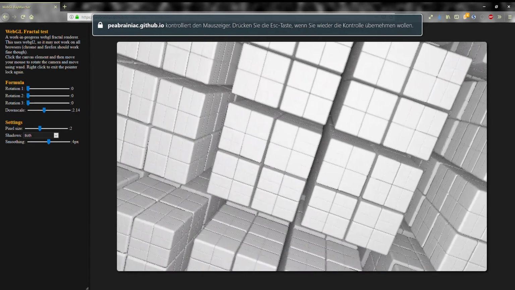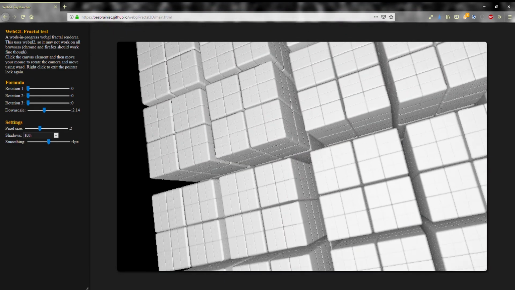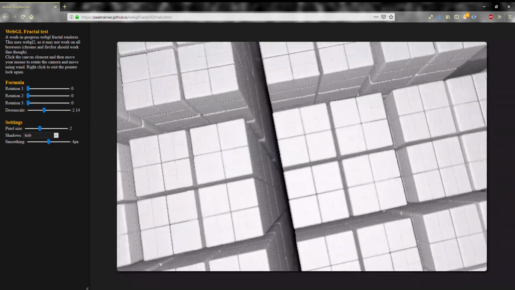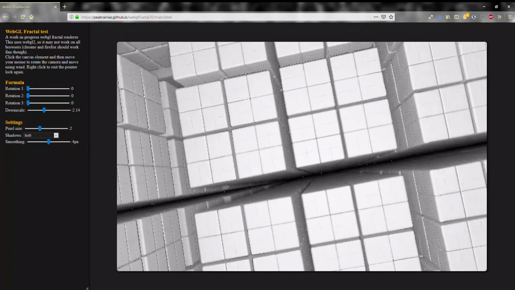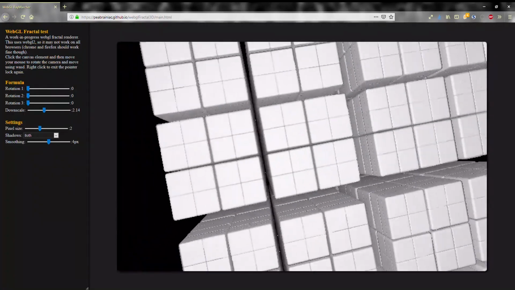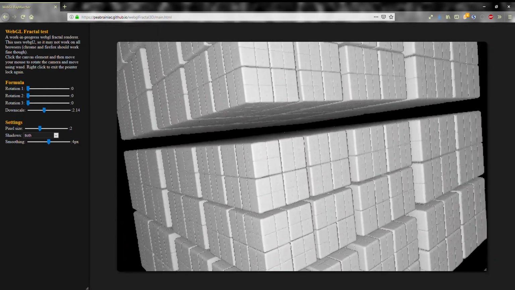And then of course these are just like copies of the original cube, so they are also made of 8 smaller cubes and so on. You can zoom in indefinitely there and would always see a smaller cube. That's how the fractal itself works.